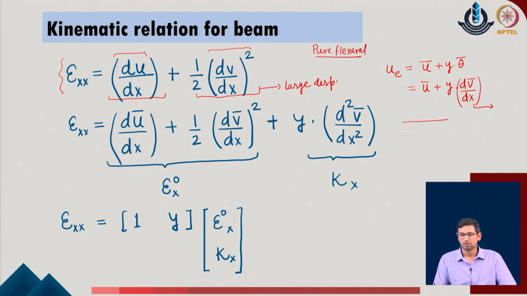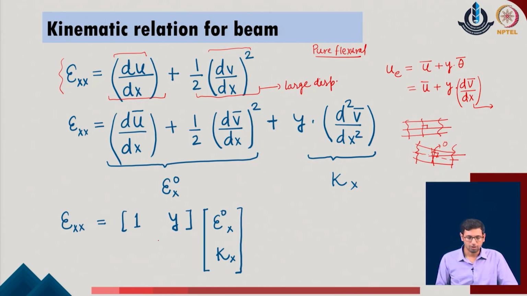In case the normal was defined in the undeformed configuration, it was making an angle of 90 degrees. As the system has undergone some deformation and the axial line has modified, the transverse normal also gets modified, but it maintains the 90 degree angle with the given system. So, this rotation which the system has adopted is defined by the same slope, which is the slope of the given member in terms of dv upon dx.